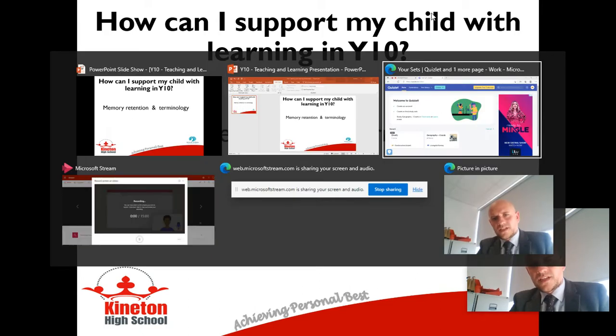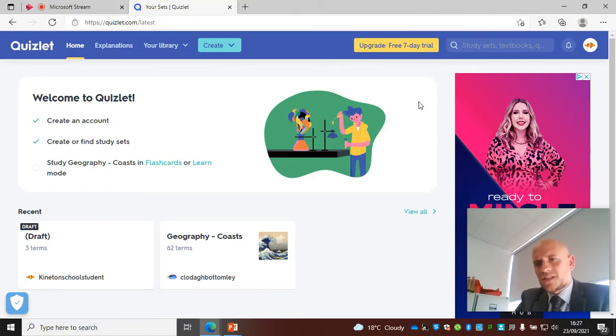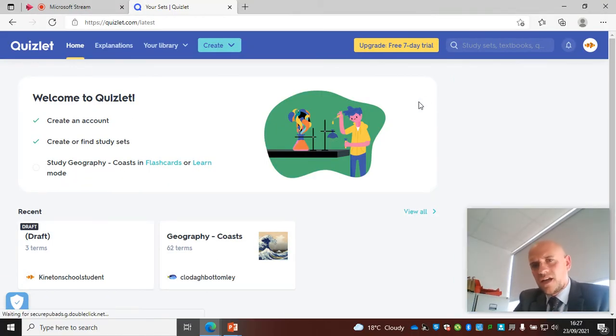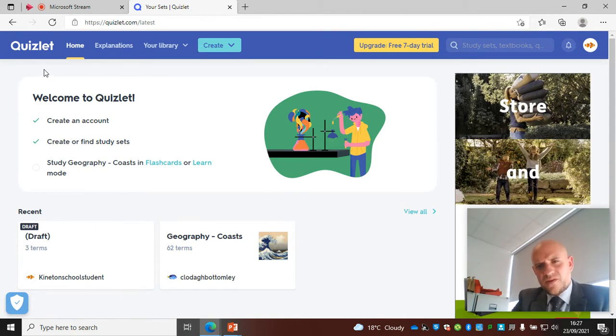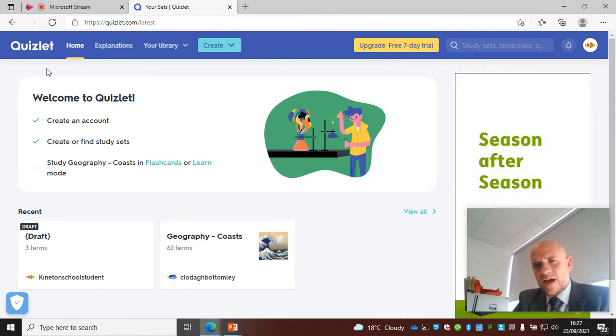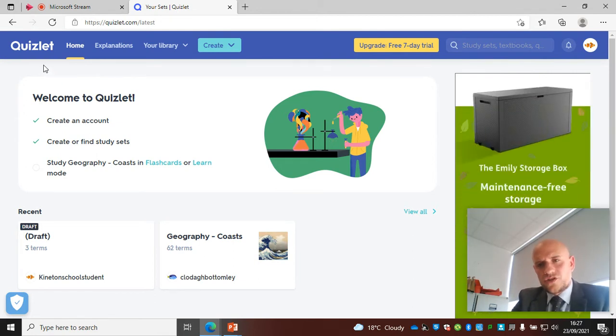Of all the things I've seen to help them, one of the things that seems to work and seems to click with all different types of students is this software program here. It's called Quizlet. Quizlet is a free program. There is a pro version of it, but the bare basics of it with adverts is free and it works perfectly fine. Students will need to sign up to it,